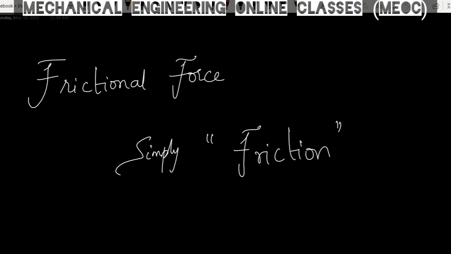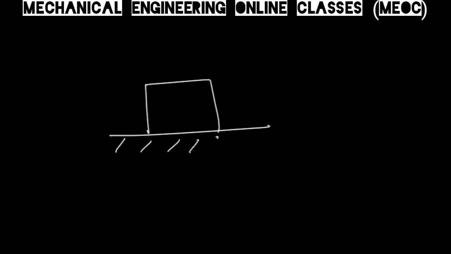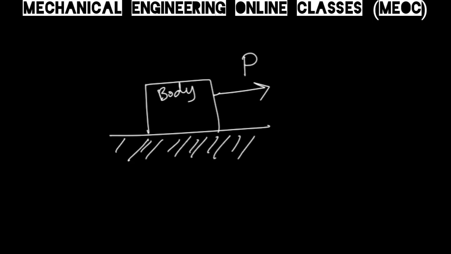Today let us learn what is called as frictional force, or in simple terms, friction. Friction is a resisting force that resists any relative motion between two objects that are in contact. For example, if an object is kept on some horizontal surface and P is an external force, so we want this object, this body, to move in the rightward direction on this particular floor. But every P is not sufficient all the time for making this body move rightward.